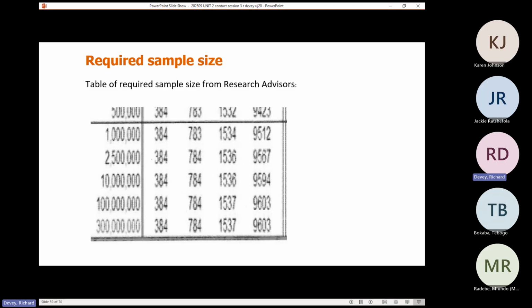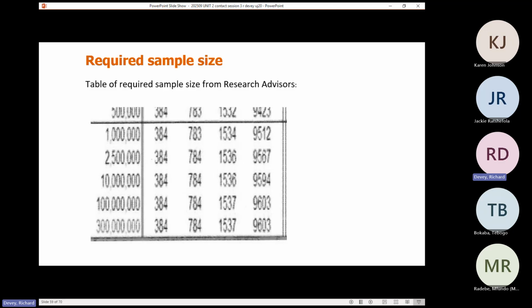And then there's the HSRC, the Human Sciences Research Council. When they do their surveys, they sometimes might have a sample of 2,000, for example, to represent South Africa. So you don't need huge samples to represent a very large population. So it's an important